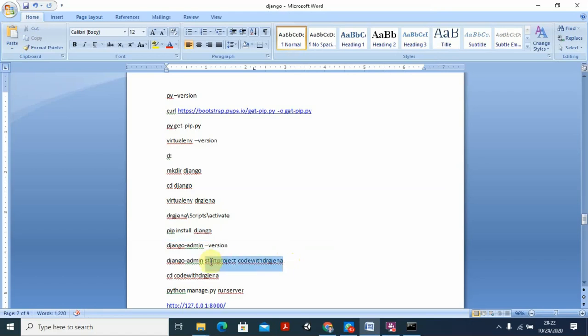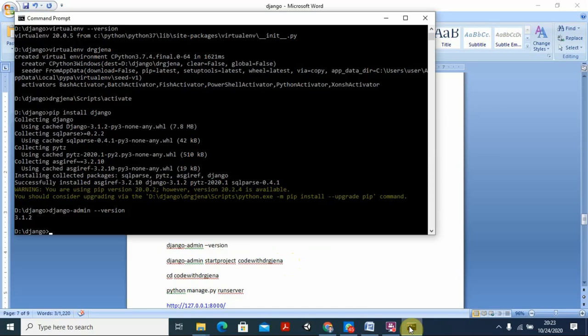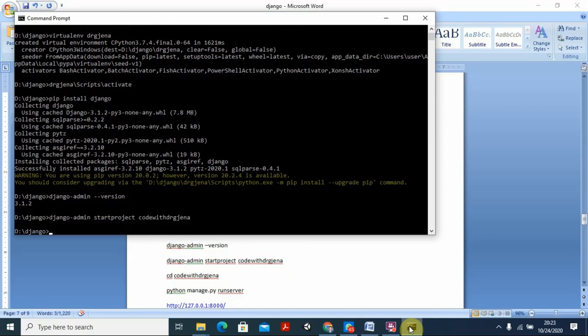You can put any project name. Control C, I put it here and come on here, and you type it here, Control V and paste it here. Type or paste whatever you like. So once you enter it here, you can see, yeah, it is successful. Okay, the project is successfully created.